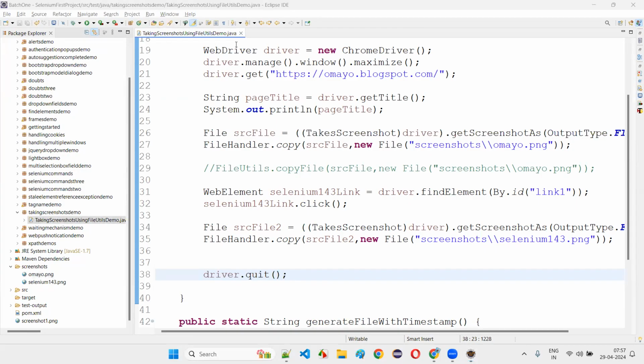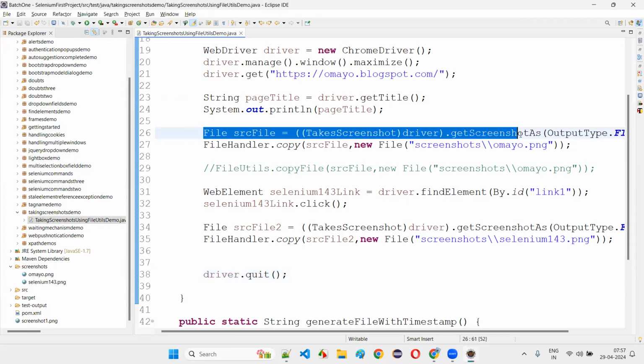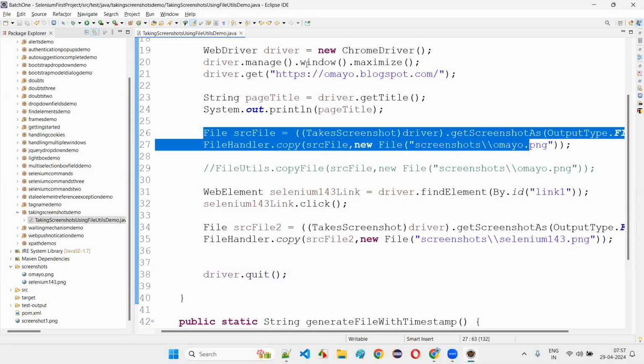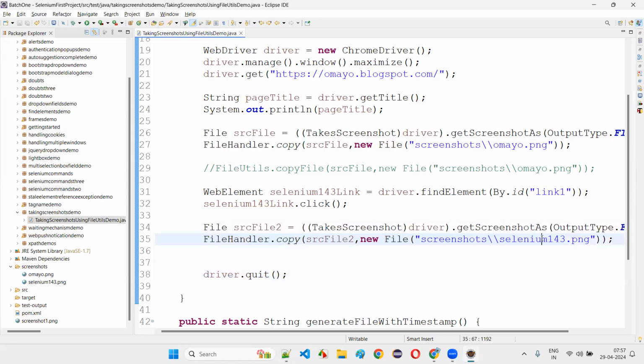How to take multiple screenshots? Just copy paste this code and change the details. That's it. Copy paste the 2 lines. Wherever you want to take a screenshot, you just put these 2 lines of code. It will take the screenshot with whatever name you give, with that name only it will take